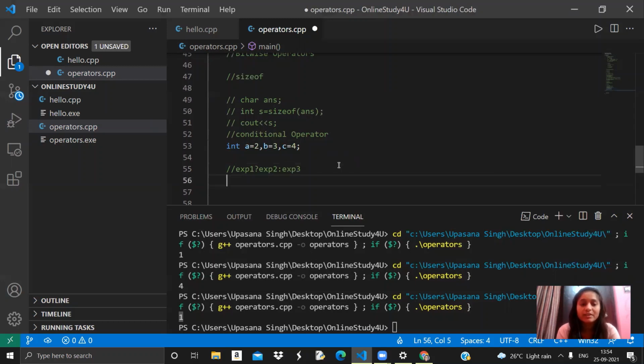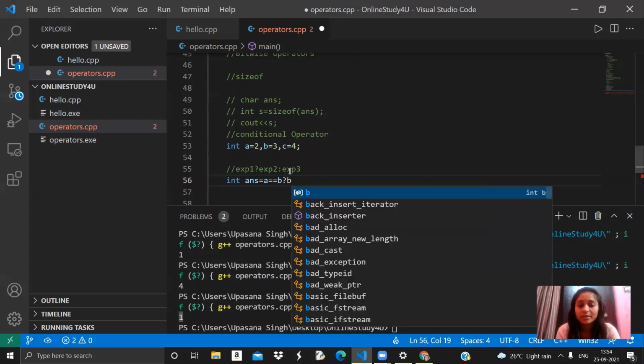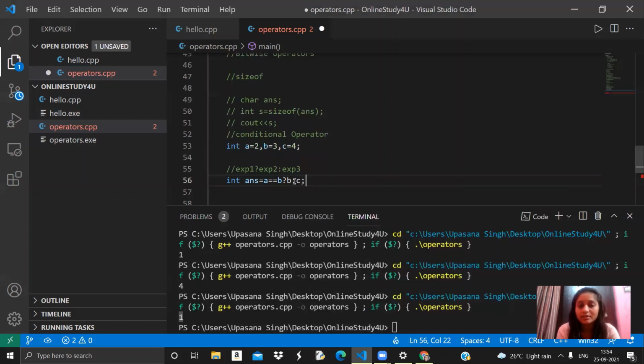This was the format. Let's see, I am taking the expression a equals to b, then take b as the answer, else take c as the answer, right?